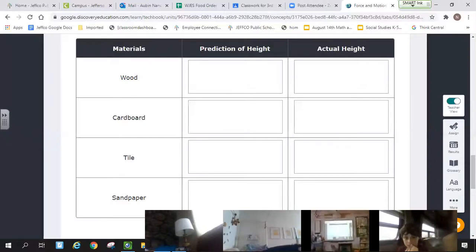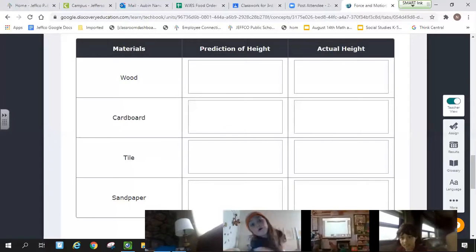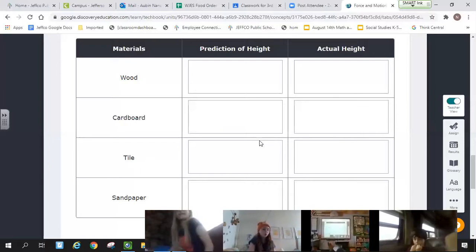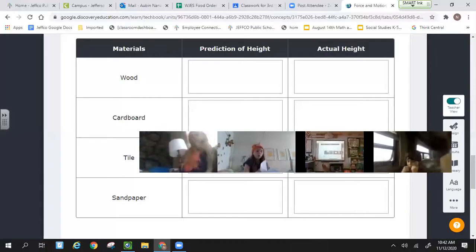Okay, so what we're gonna do, should I get out of this though, and I think it'll help? Yeah, so I'm gonna stop sharing my screen because we don't need it anymore. Now I'm gonna do the experiment.